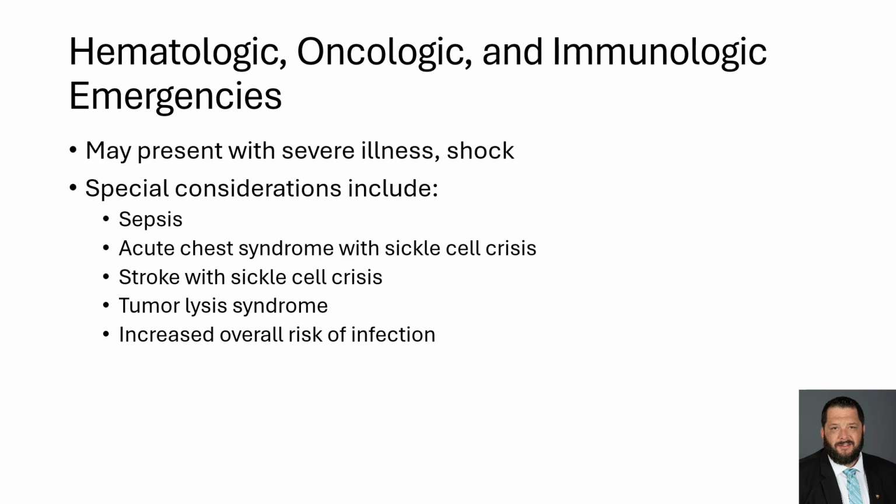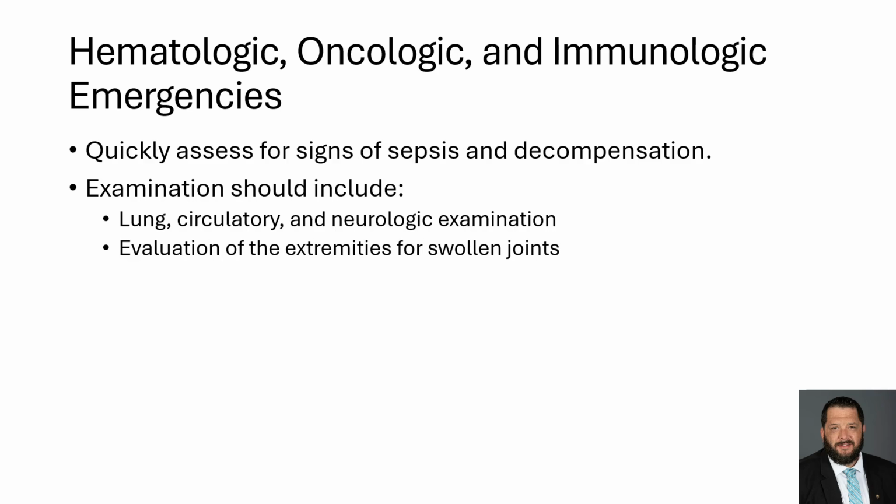These patients may present with severe illnesses or even shock, and special considerations for these patients include an acute awareness for things like sepsis, acute chest syndrome during sickle cell crisis, stroke with sickle cell crisis, tumor lysis syndrome, and then they have an increased overall risk of infection. You should be rapidly assessing these patients for signs of sepsis and decompensation. We've talked about decompensation of the pediatric patient a lot at this point, and we should be well aware that these patients decompensate rapidly, and once they decompensate, they become very, very difficult to treat, manage, and get back into